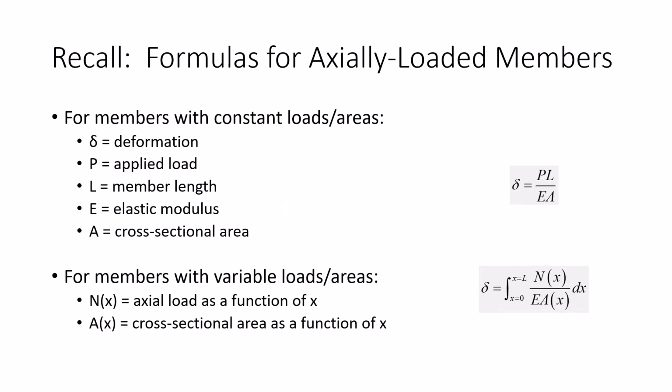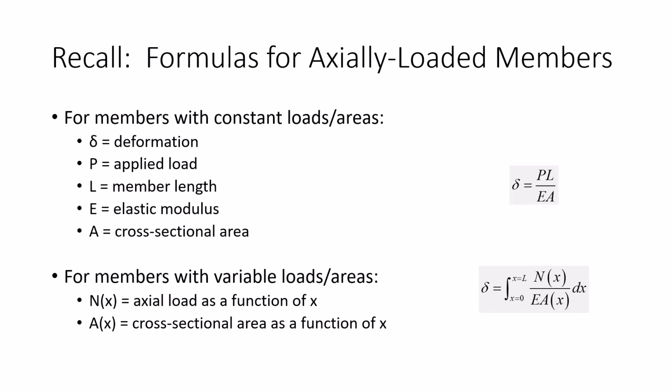So I want to make sure that we're all comfortable with the basic formulas. We're not going to add to this today. We will add to this with thermal stresses and strains, because we'll have another relationship to add, but it's not really anything that's too challenging. If we have a member that is subjected to a constant load and possesses a constant cross-sectional area, then the total elongation is pretty straightforward. We just compute PL over EA. P is the applied load, L is the member length, E is the elastic modulus or Young's modulus, and A